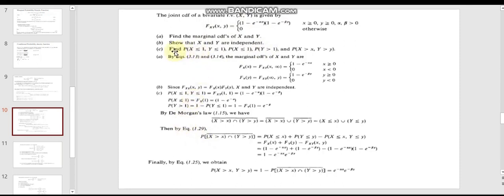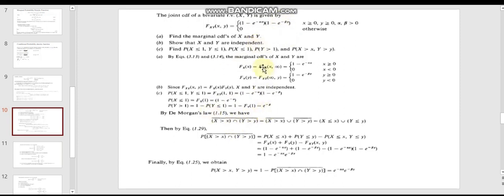Next, in C part, I have to find the probability of x less than or equal to 1, y less than or equal to 1. So I will incorporate x equal to 1 here and y equal to 1 here. So I will get the CDF F sub XY of 1 and 1 is equal to this. So when x is less than or equal to 1, the CDF would be equal to 1 minus e raised to power minus alpha. I will incorporate x equal to 1 here, and y would be equal to infinity, so I will get